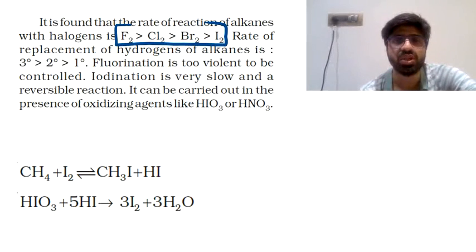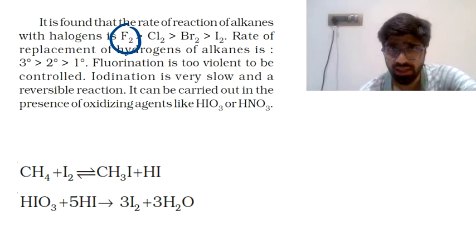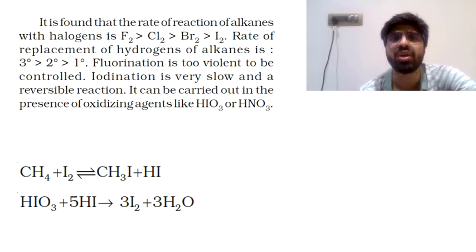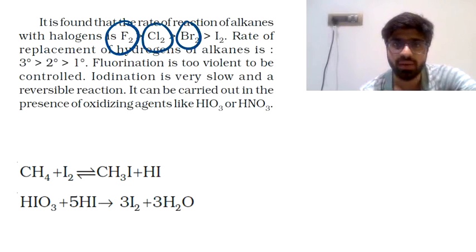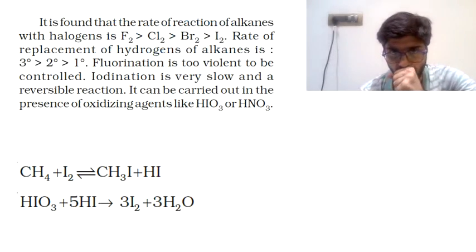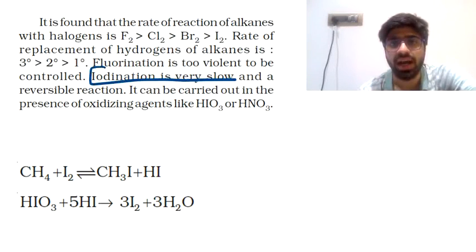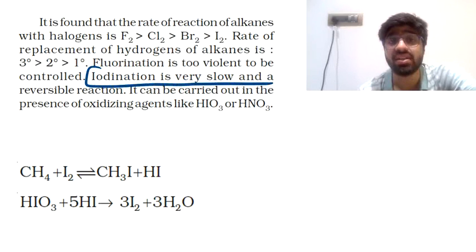This happens because fluorine is the most reactive halogen. In case you have read it, then fine, fluorine is the most reactive halogen. You might have read that in inorganic chemistry, and even if you have not read that, then keep in mind this particular result for now. When you study inorganic chemistry, you will be reading this result once again, that amongst the halogens, fluorine is the most reactive. So the reaction is going to be quickest if it is fluorine, a little slower with chlorine, then bromine, then iodine will be the slowest. In fact, iodination is a very slow process and it is a reversible process.